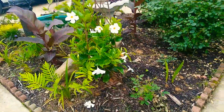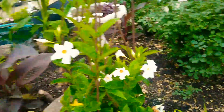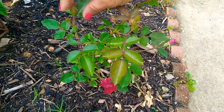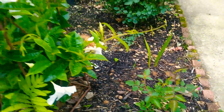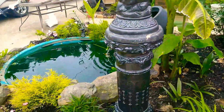As well as this one is a cutting I stuck in the dirt. And look, I've got buds on my cutting. I don't know what that is. I don't think it's a... Look at that. You see that? See it? Worm? I don't know. It doesn't really look like the other knockouts, but...